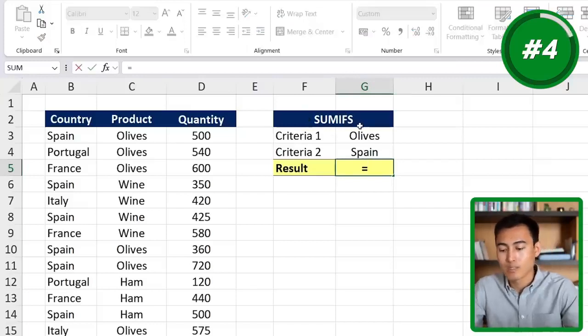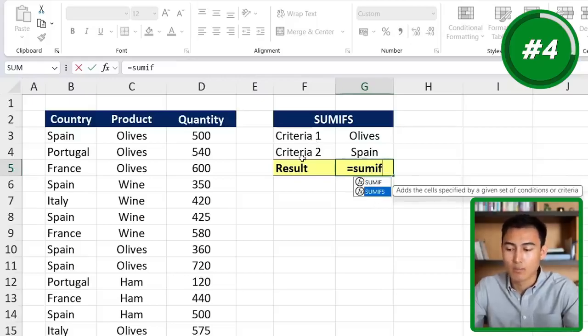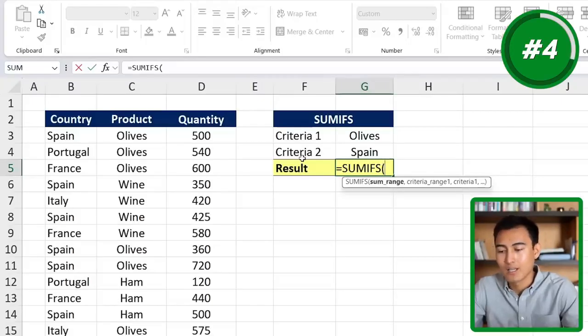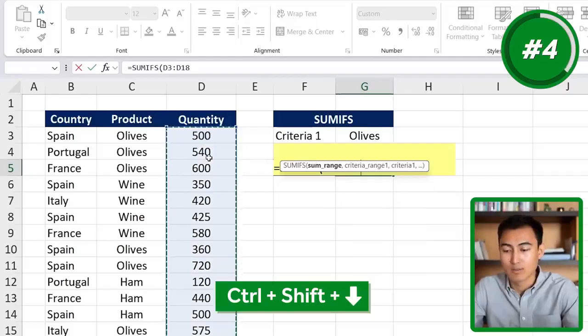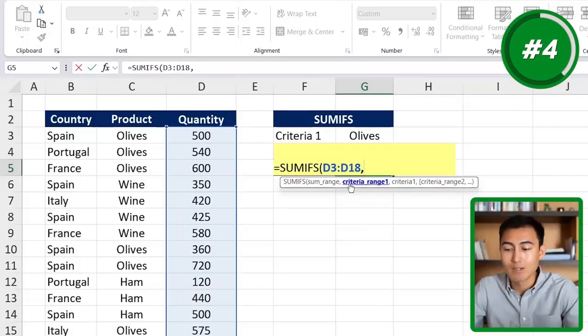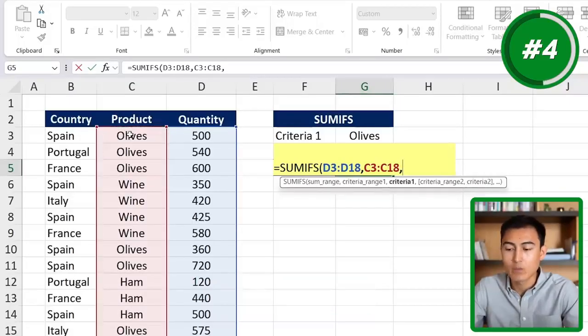So we'll go to equals sum if, and you can see we have two options. The sum if singular here would only allow for one criteria, so we want to go for the sum ifs, which allows for multiple. We'll hit the tab key there, and the sum range is whatever we want as the result to be summed, which is basically all of the quantity range for us. So we'll go Control Shift down, comma. The criteria range is going to be our first set of criteria. Where can we find it? Well, the range is the range of products. So we'll go Control Shift down, comma, and the criteria, well, we want it to be specifically olives, comma again,